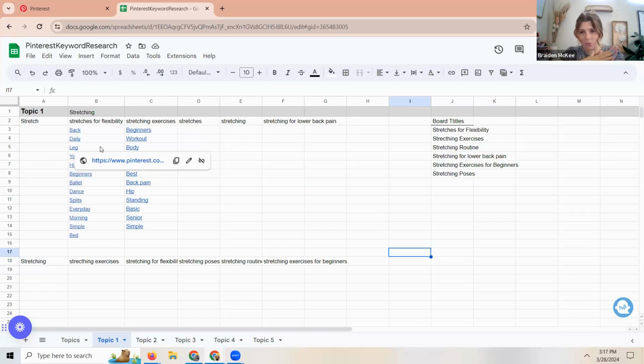So this is where it does really start to bridge that gap of, okay, are we talking Pinterest keyword strategy, or are we talking about content strategy overall? Because they are a little bit different. And I will say, if you are here following this YouTube channel, I'm going to be talking about both. I'm going to be talking about content strategy and how to take them from Pinterest to your content,